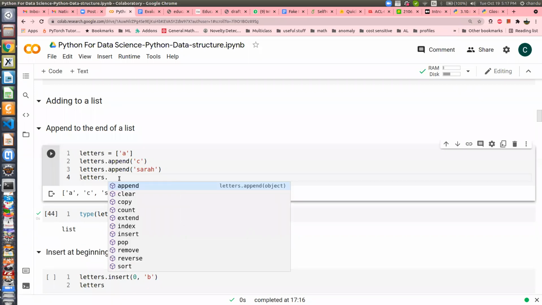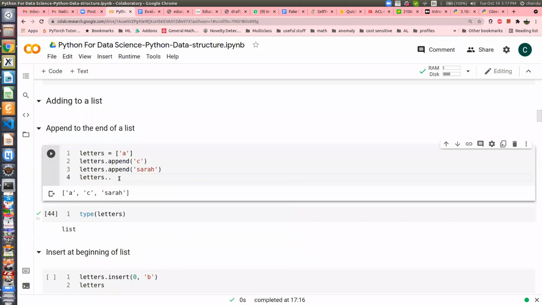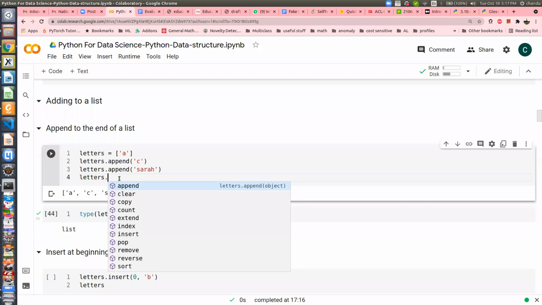You put the dot, and then Jupyter Notebook shows you how many methods you can call. Within this list class there are many: append, clear, copy, count, index, insert, pop, remove, sort. These methods are possible on the list.